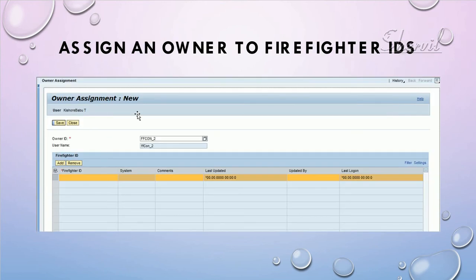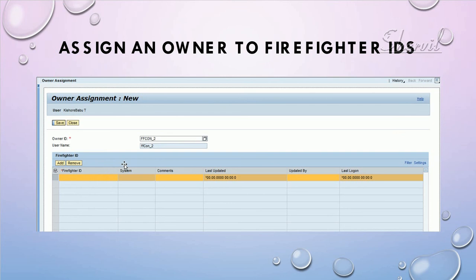And this is a screenshot of how it will look. You have the firefighter owner and his name, and here you're going to add the firefighter ID, which means you are tying up the owner with the firefighter ID. One owner can own multiple firefighter IDs.